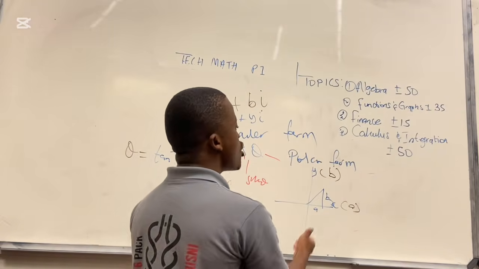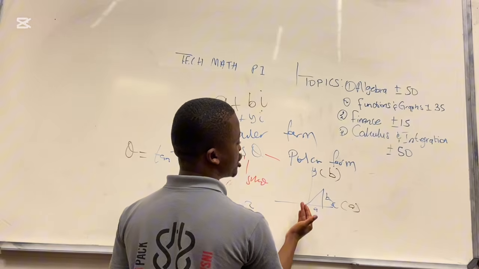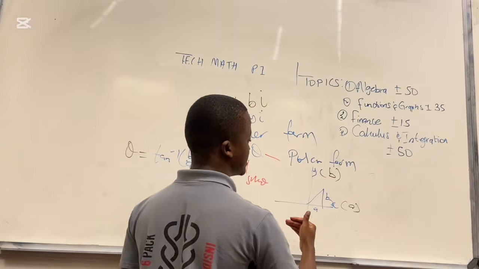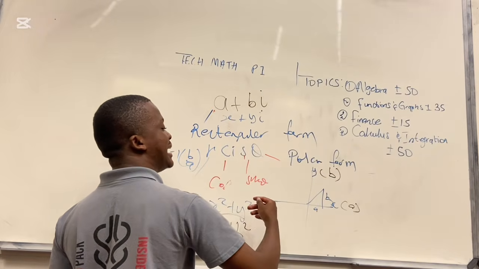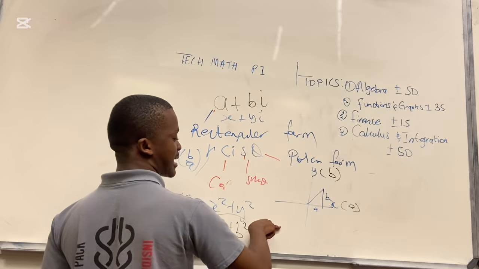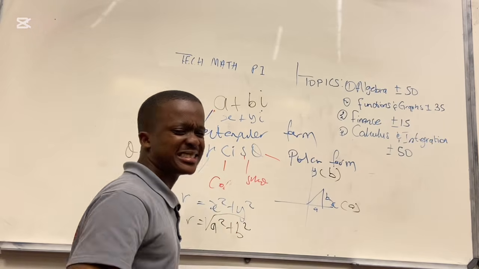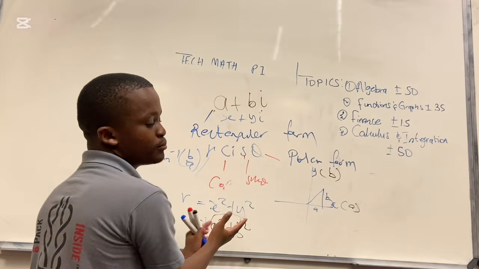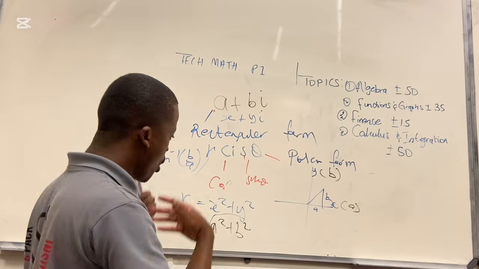Now, by angle, people of God, you refer to your angle. We know we have 90 degrees. Acute angles are less than 90. Then we have obtuse angles, greater than 90 but less than 180. Greater than 180 but less than 270. Greater than 270 but less than 360. It's very important. You have to understand these things, people of God. Go through the questions.